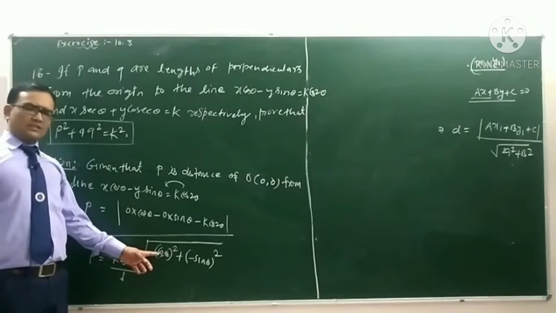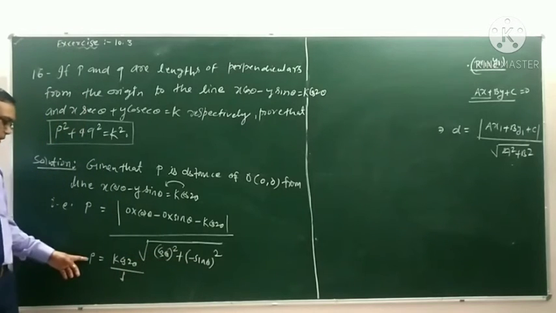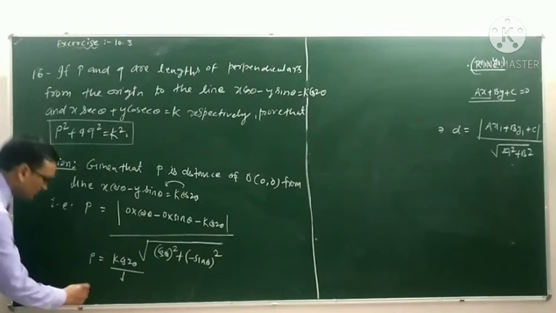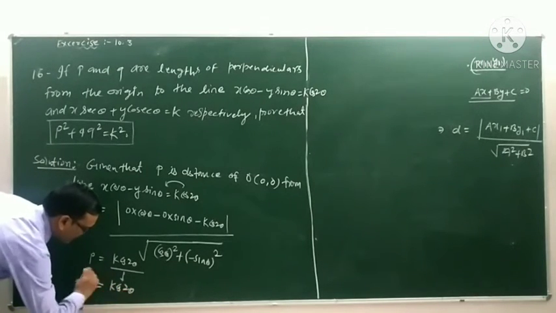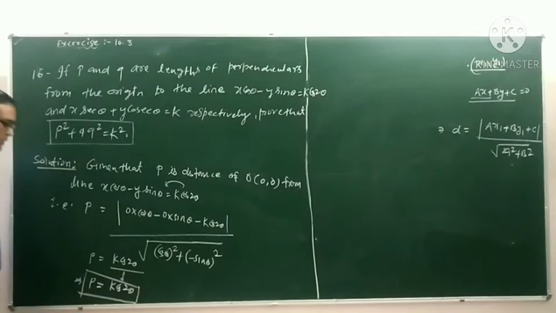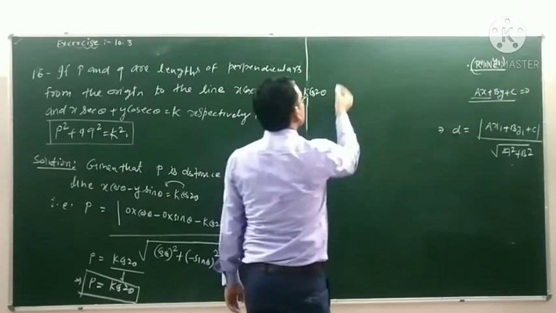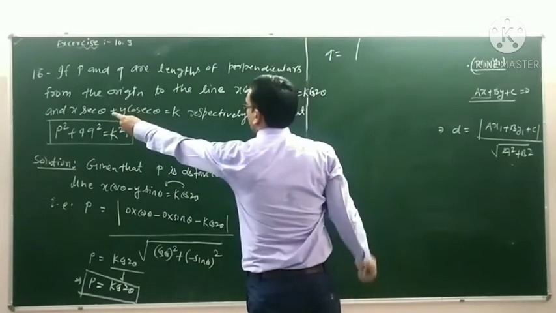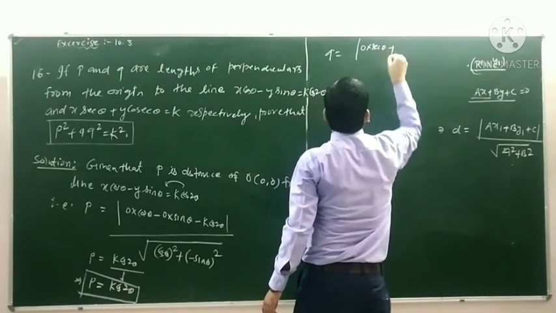Here we observe that cos square theta plus sin square theta equal to 1. Then p equal to k cos 2 theta upon 1. This implies that p equal to k cos 2 theta. Okay students, similarly we find q equal to mod of 0 into sec theta plus